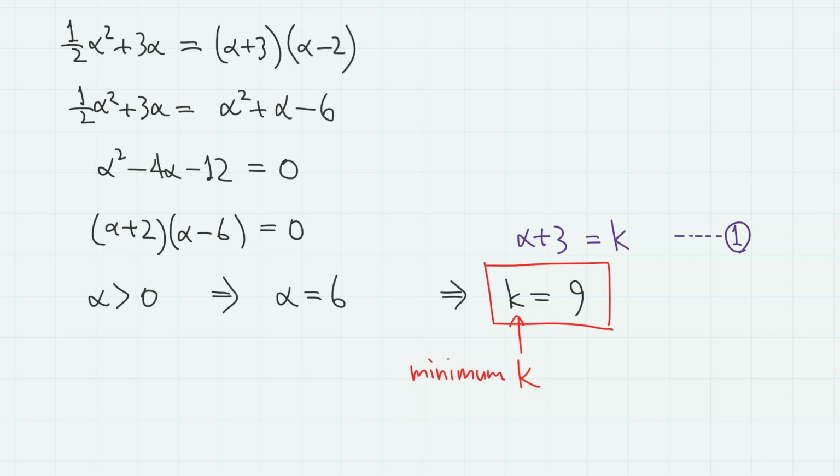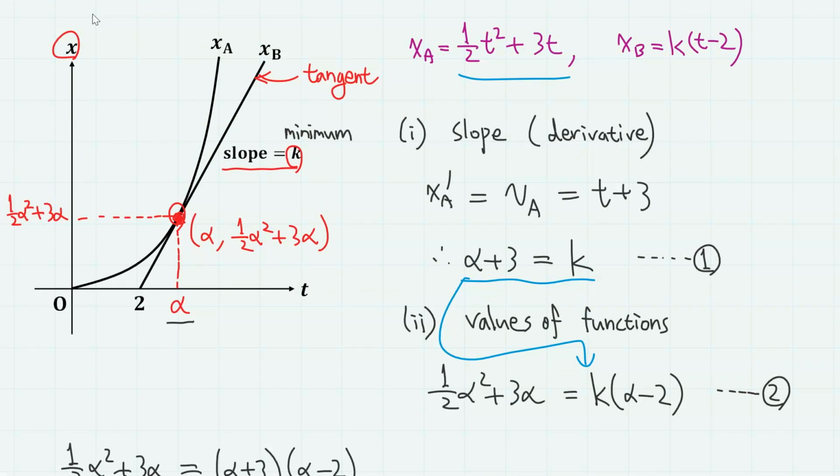So that was the second method, where we extracted the conditions from the fact that two graphs must be tangent